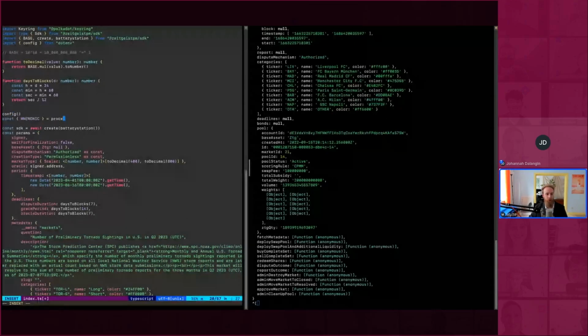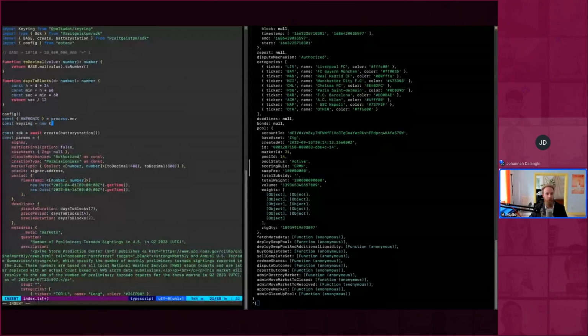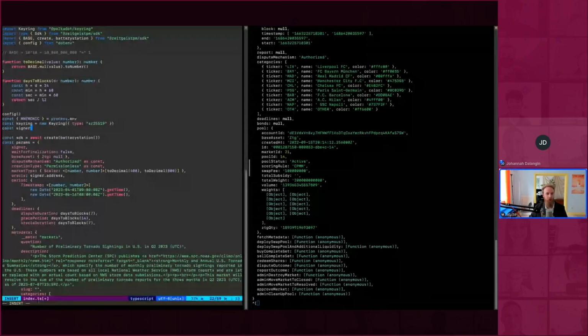Then create a new keyring. So the type is just SR25519. And then we're going to create the signer object from the mnemonic. And I believe we have to use the exclamation. Yeah. So that defines the signer.